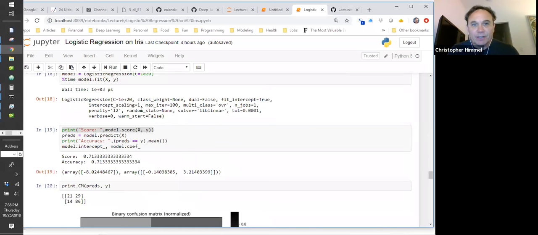Let's see if it's in here. Okay, it's not in here. Let me find out about that. You would think that would be one of the hyperparameters. Maybe by default it is